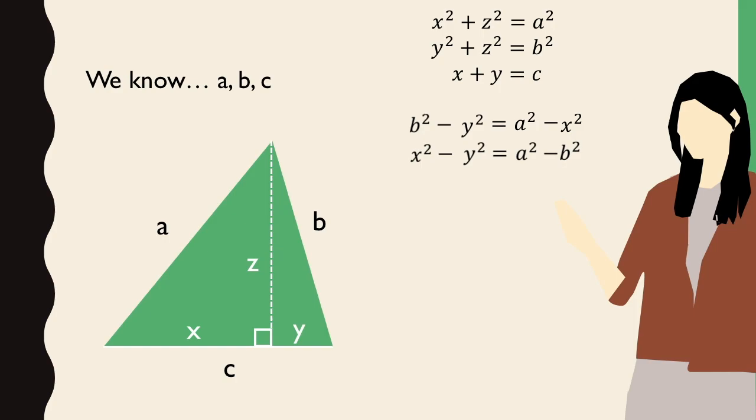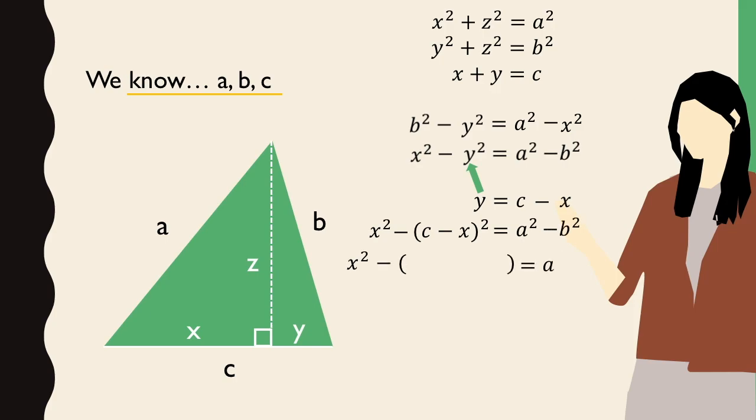Now this is starting to look promising, because since we know x and y add together to make c, we can actually express y in terms of c, which we'll know, and x. So x plus y equals c, and y equals c minus x, and from this we have a squared minus b squared on the right will be the same as x squared minus (c minus x) all squared, and we can then just expand the brackets, being careful of the negative and positive signs,